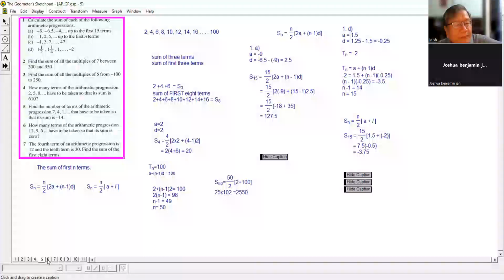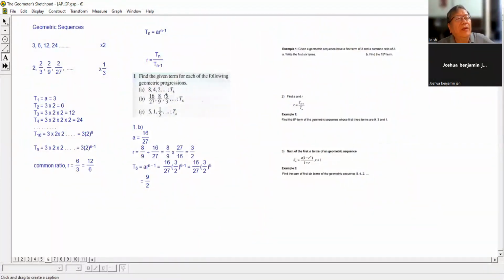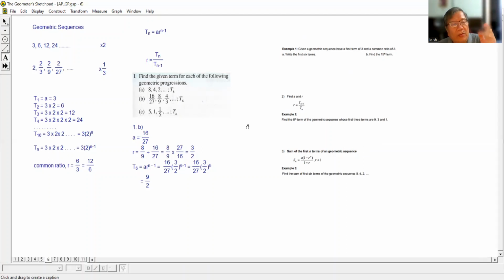Okay, right. We continue with the geometric progression. Last week, before we ended the lesson, I introduced you to the geometric progression. For geometric progression, when you move from one term to another, you multiply with a certain number. Now, that number can be three types. You can either have a number bigger than